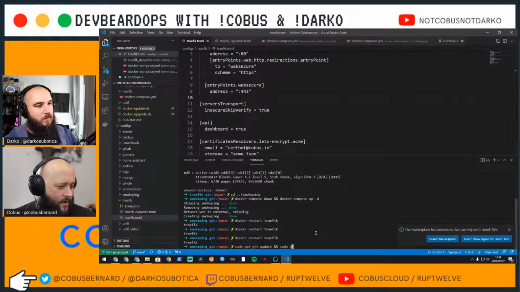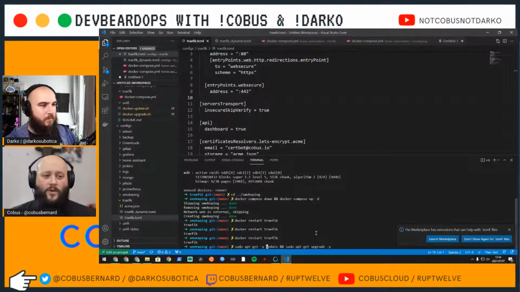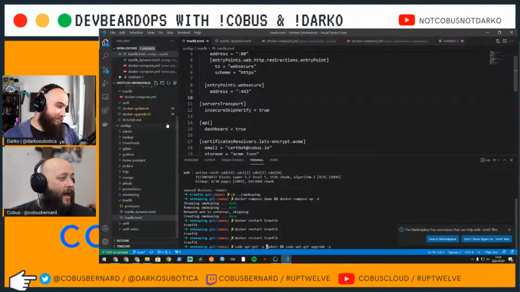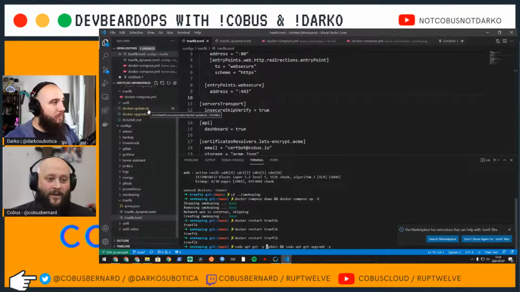Sudo apt-get upgrade -yes. I think I actually put a yes in here. So this is currently my super evolved way of managing all my hardware. The server itself, as you can imagine, this is not great. I can already see you getting uncomfortable. And then if you want to see how I do my Docker upgrades,